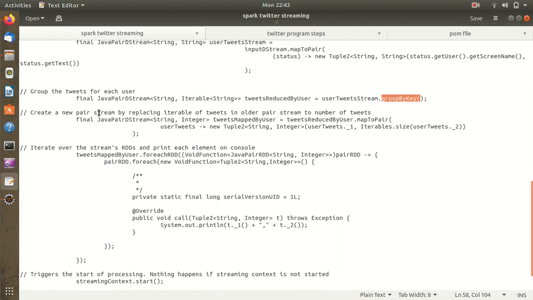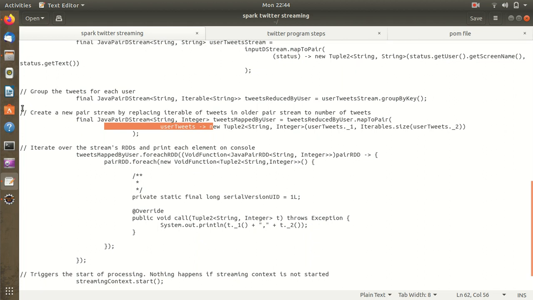Afterwards, create a new pair stream by replacing the iterable of tweets in the older pair stream with the number of tweets. So after putting all the tweets together, grouping by the usernames, we need to perform the next operations, because now we have to iterate over the tweets and keep printing on the screen till the time we say to stop.